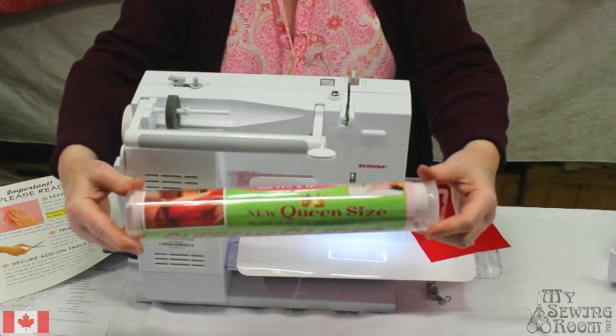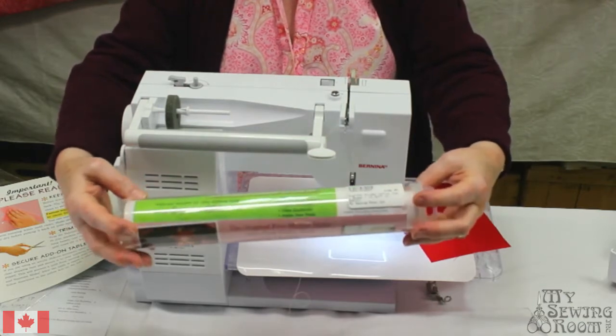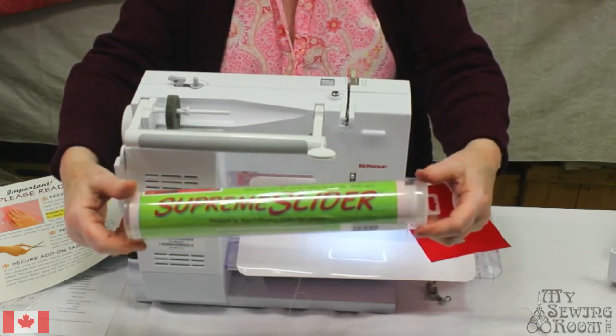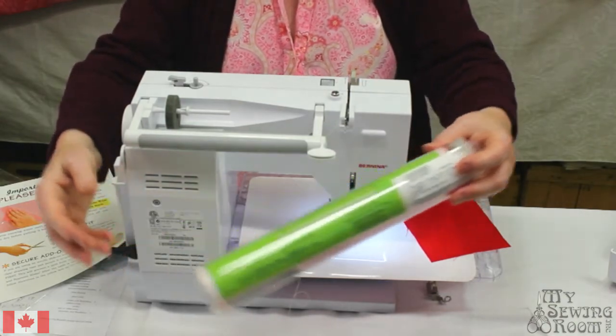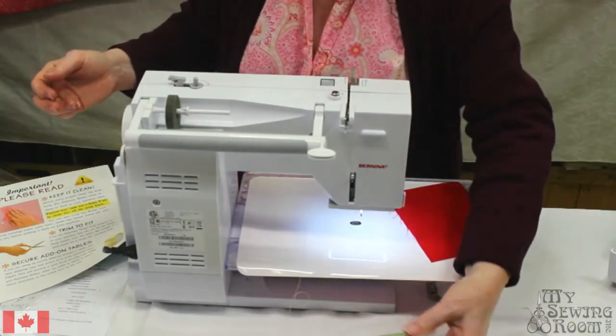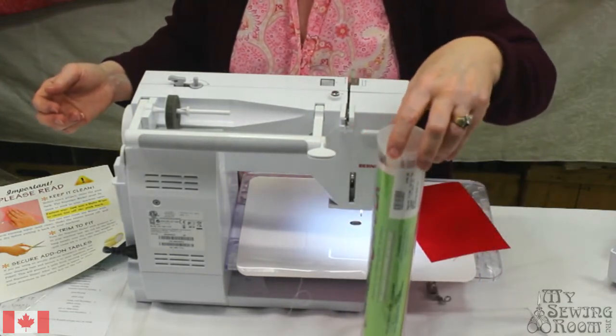11.5 by 17 inches. So that is going to give you lots and lots of slippery space to move that fabric in. Anything we can do that's going to cut down on the drag on our fabric is going to be a help. So now we've got our Supreme Slider on. This little piece of fabric is pretty easy to move around. I don't think I'd have any trouble quilting, you know, a pin cushion